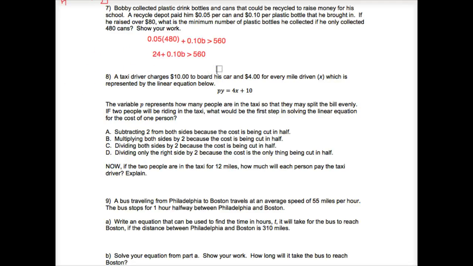Then I subtracted the 24 on both sides. So minus 24, minus 24. And then that gave me 0.1b is greater than